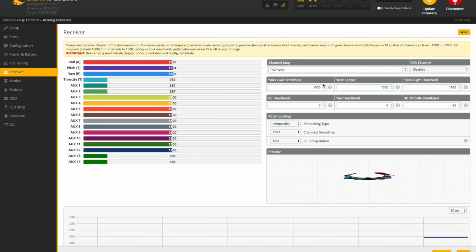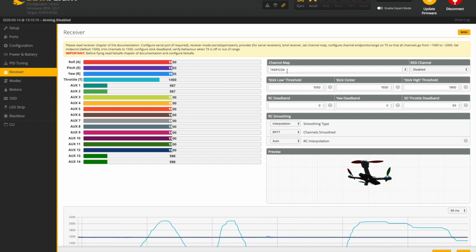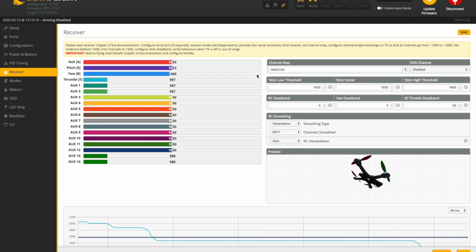Now it's the receiver tab. Once your drone is connected to your transmitter, you should make sure that when I'm turning the throttle up and down, which is the left stick that I'm adjusting, you should see the throttle change. For example, if I were to change the channel map to AETR, then instead of the throttle changing, it will be the roll changing. So just make sure that those are all